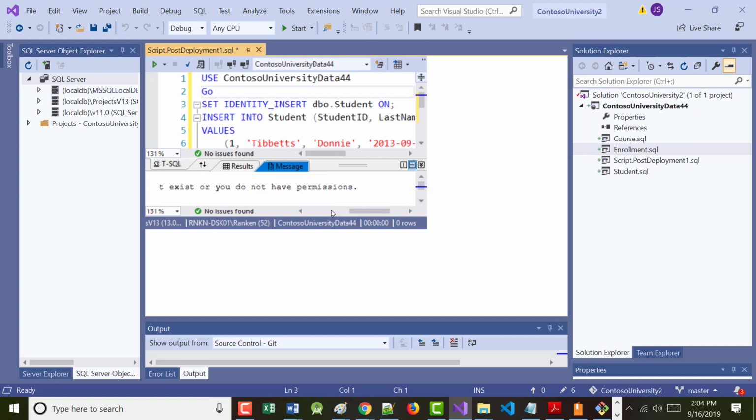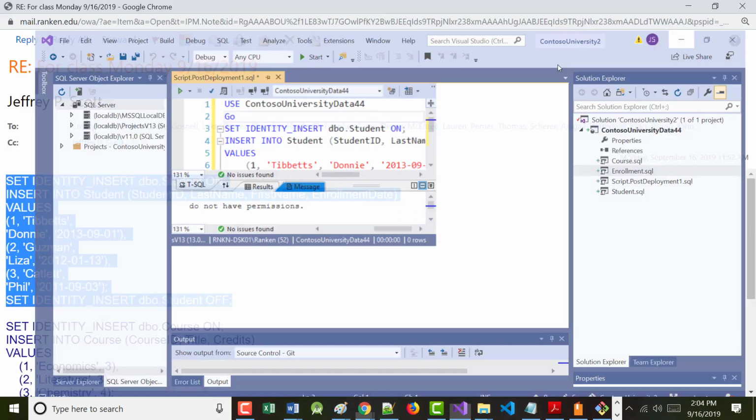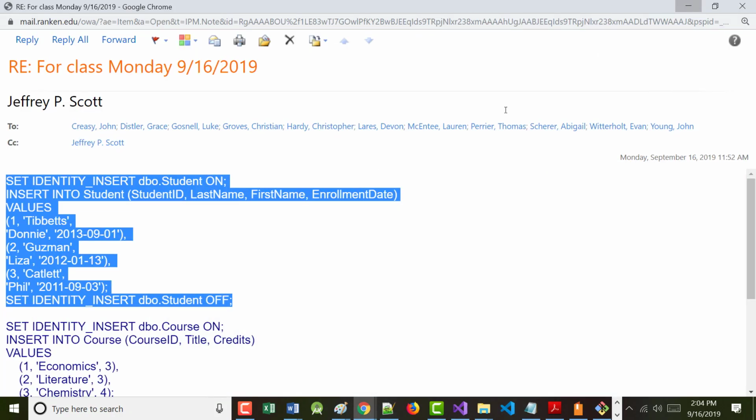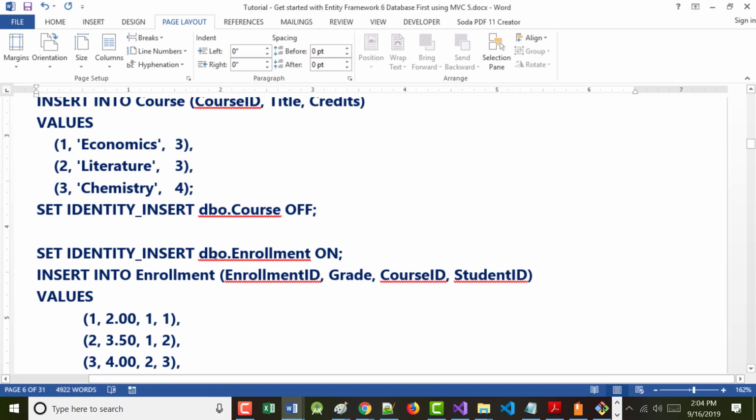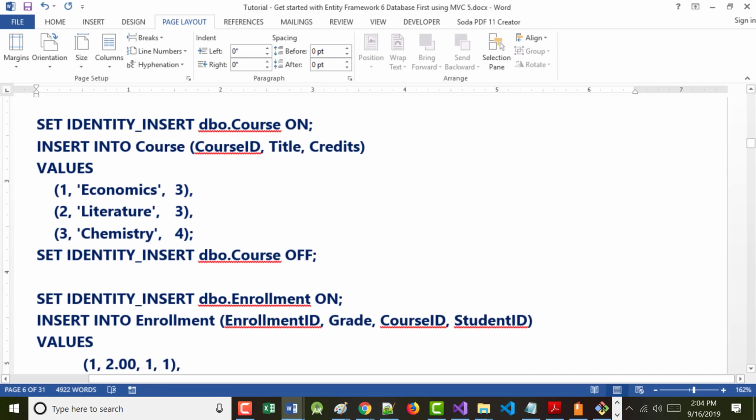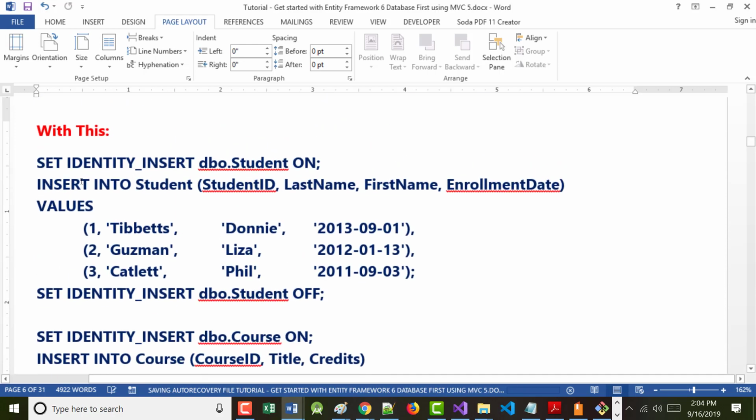This is the message that I got when I was doing it this morning with their stuff. Cannot find object dbo.Student because it does not exist. That's why I literally spent an hour online going through this stuff this morning, and that's when I came up with this. All right? All this.